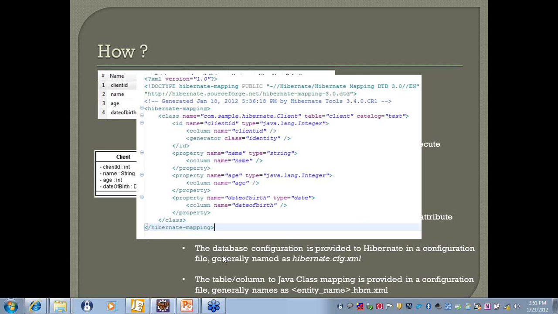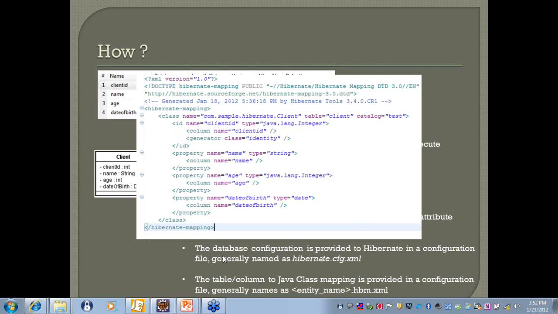Difference between dialect and driver: well, they're two different things altogether. Driver is the class which you would like to use, so Hibernate actually doesn't come with drivers installed. When you say dialect, you might say the dialect is MySQL, but that doesn't mean that Hibernate ships with the MySQL JDBC drivers also. That is something which you have to externally specify. So that's the reason there are two different properties altogether. Is Hibernate thread safe? We will come to that, Robinson, when we reach the part on session management.